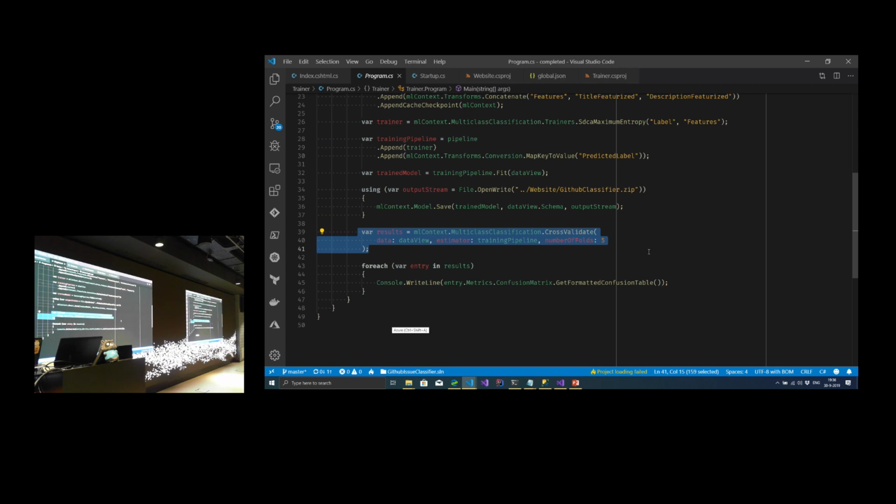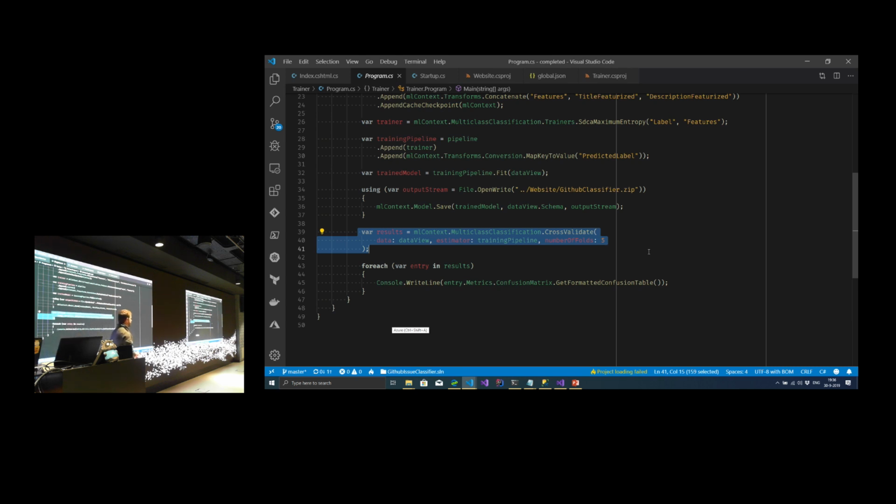And in my case, I print this out on my console, and it's rightfully a confusion matrix. When you see the output, it's no good at all. But it's just for debugging purposes and to give you a sense of what's possible there. So yeah, you can do that. Any other questions?